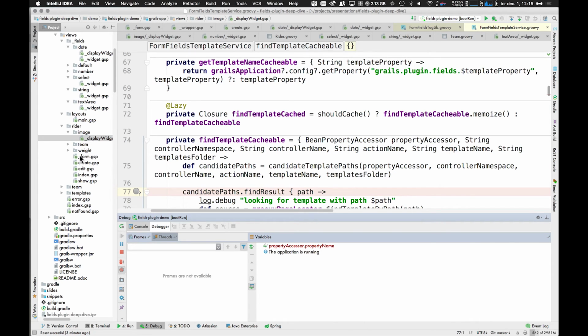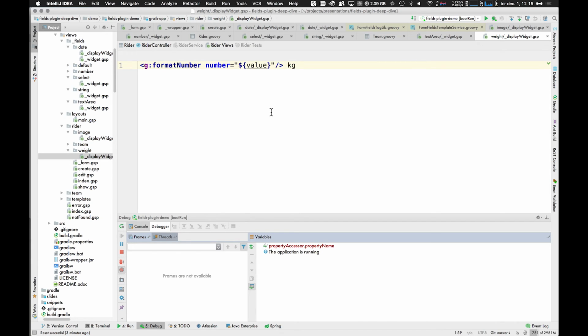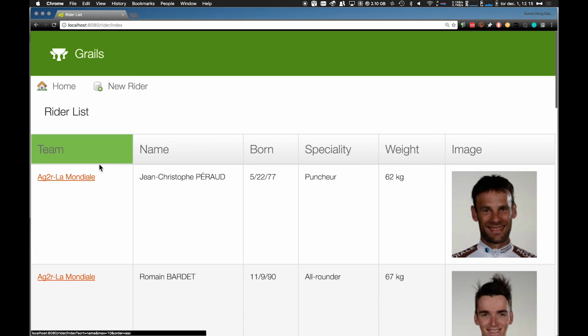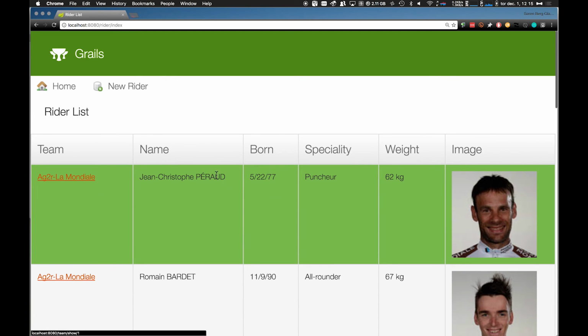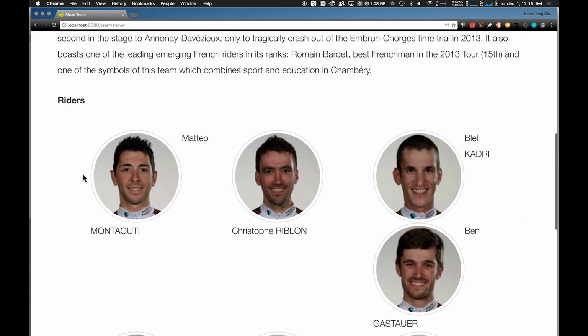What do you do if you want to pass in additional values to a widget or to a wrapper that is not taken care of by the plugin? Yes. So if you have a field and you want to pass in a value to the widget from the fields, you would add widget dash and then the attribute name you want to pass into the widget, and it will strip off the widget part. Let me show you in a